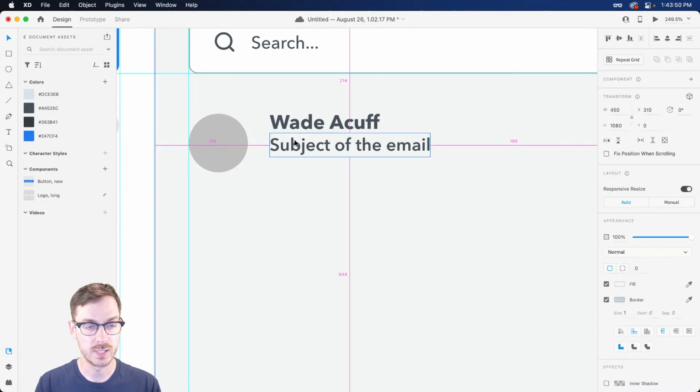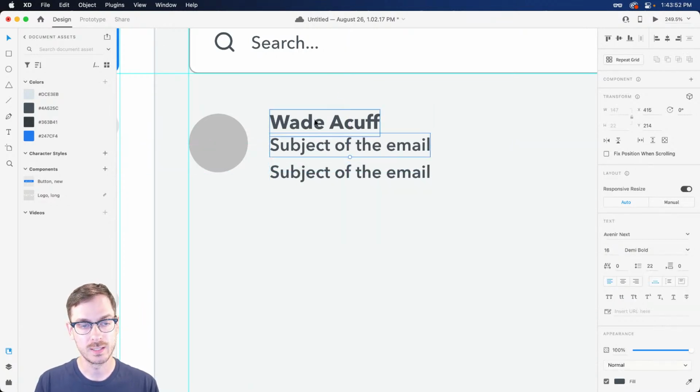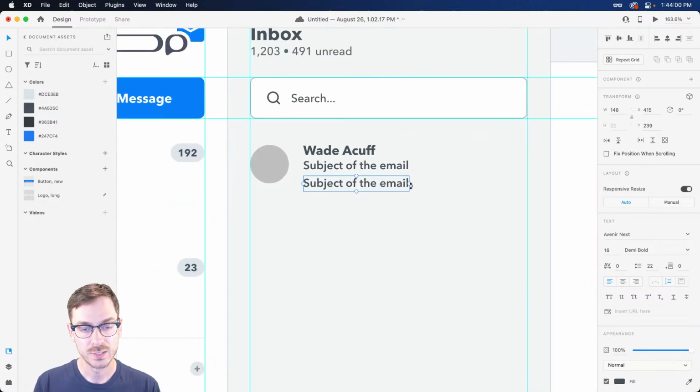the actual message preview. Now for this one, instead of regular point text, or in this case, as of a bunch of updates ago, it's called auto width, we're going to want auto height. And what this is going to allow us to do, it's going to allow us to pull this over to the end here. So it's going to automatically bump down to the next line